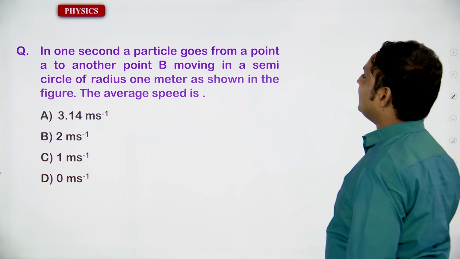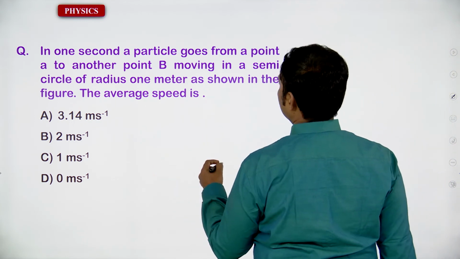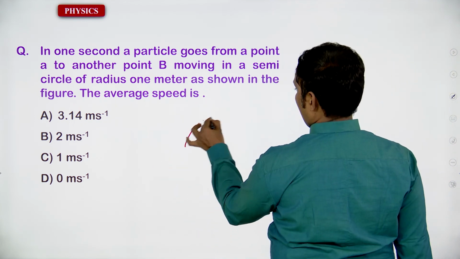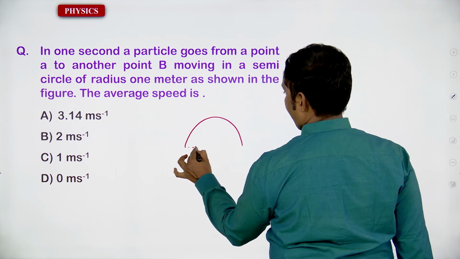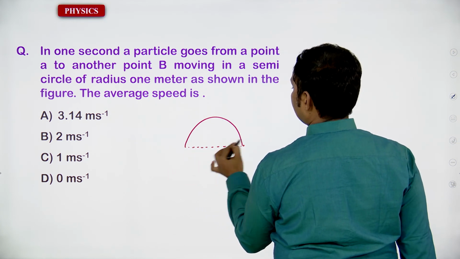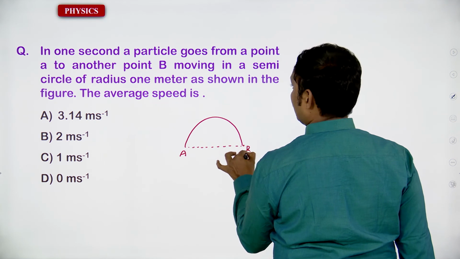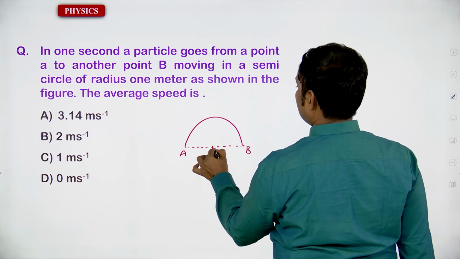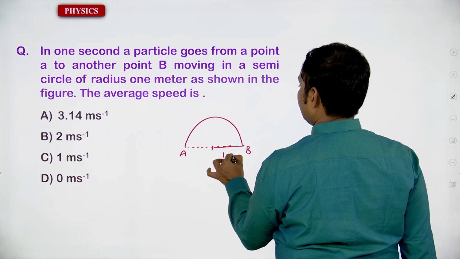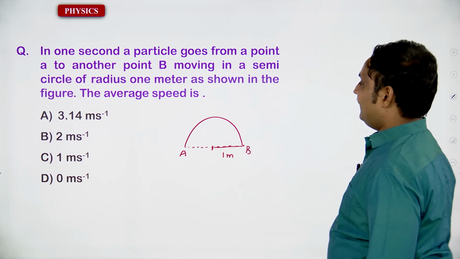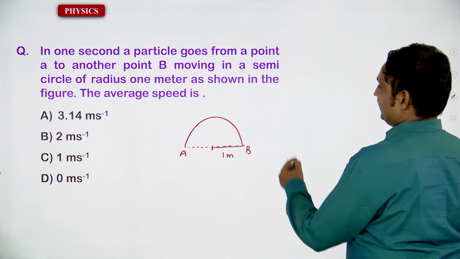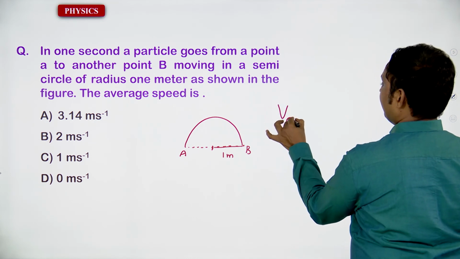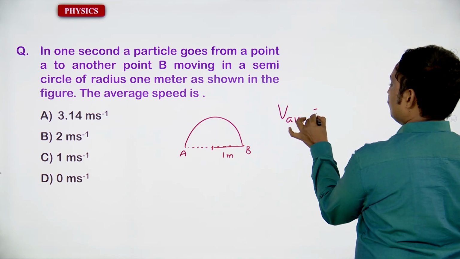In 1 second, a particle goes from one point A to another point B, moving in a semicircular path. Okay, it's very clear. This is going to be A and B. The semicircle has a radius of 1 meter. All right, very clear. The average speed, easily you will find out, V average, that is going to be,